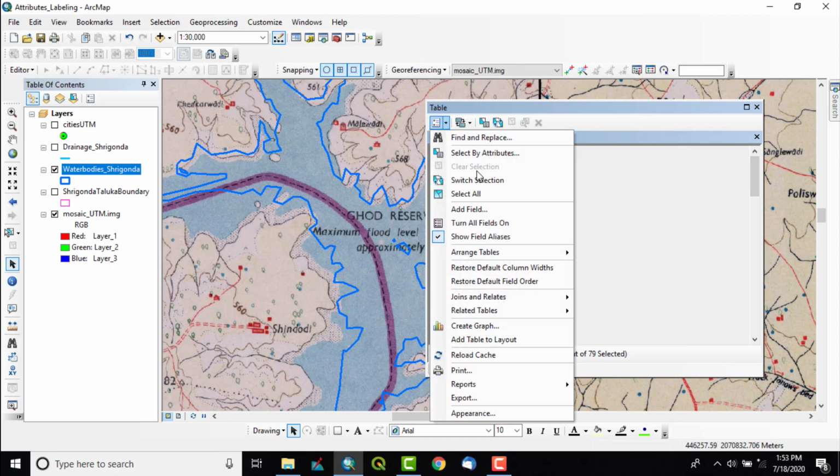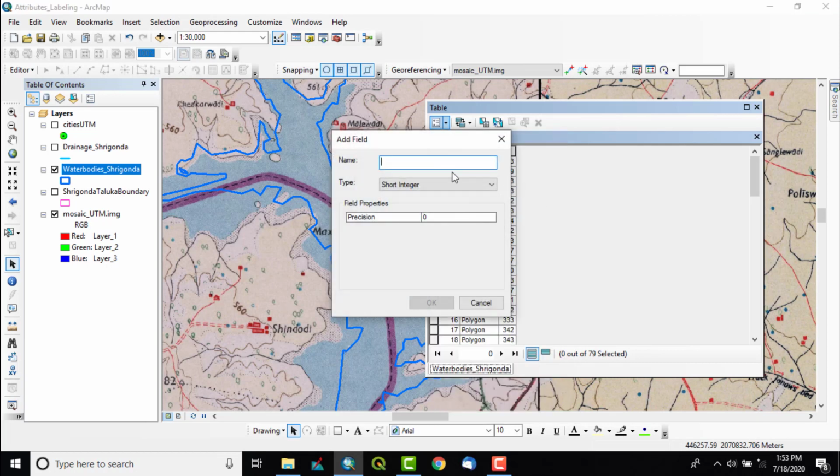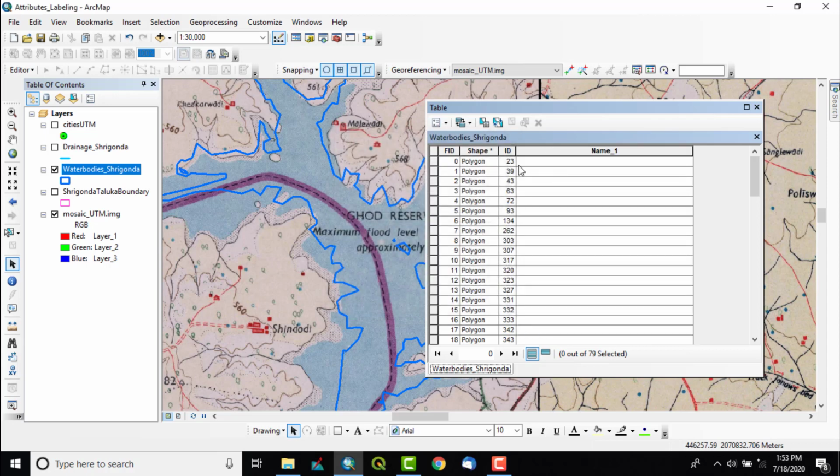Again we have to add a new field, the name _1, and in type I will select text, because I want to put the name of the dam. I am going to take 40 as the length.